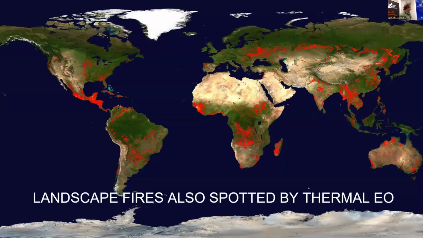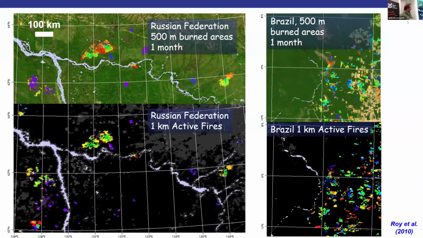So what we do is focus on thermal observations, as with many other people. This is Earth observation data from MODIS overlaid over a nice global map showing where your fires are. And you basically see that fires are all over the place, and they're recurrent all over the world. Many countries in Asia, for example, have one or two fire seasons every year where farmers are burning huge amounts of material that's left over after harvest.